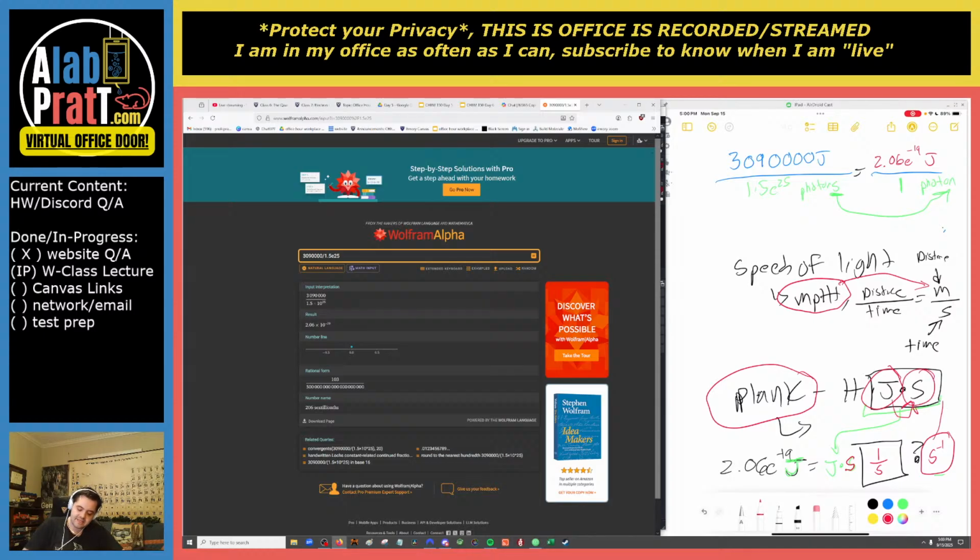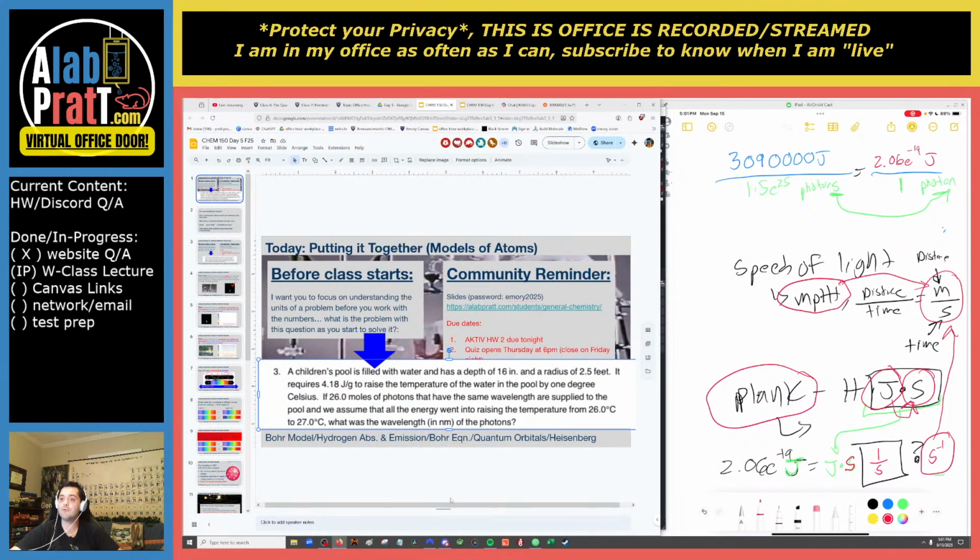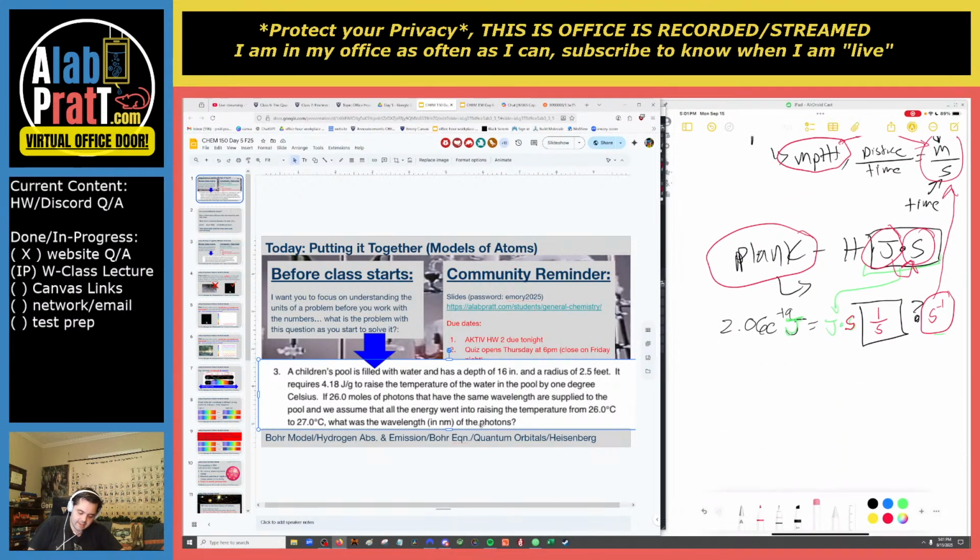So I can start to see where eventually I'll have to use the speed of light later, because the speed of light is going to take me from time to distance, which is what the question's asking for. So the path is laid out for me: I have an understanding of what energy each photon brings. If I know what energy each photon brings, Planck's constant allows me to transfer the energy to some form of a time unit, and the time unit through the speed of light gives the distance, and that's the answer they want. And so we need to basically